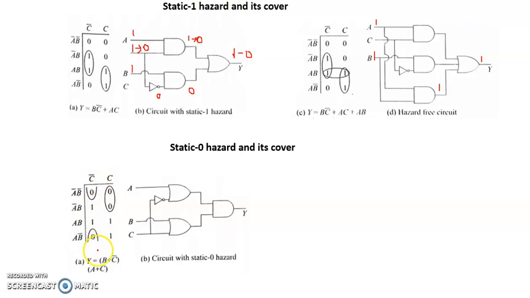When I make these two a pair, the expression we get is not B bar C bar, because it is a product of sum term. Wherever it is complemented, it's supposed to be a variable, and wherever it is a variable, it's supposed to be a complement. And wherever it is AND, it's supposed to be an OR. So that's the change with respect to SOP and POS.